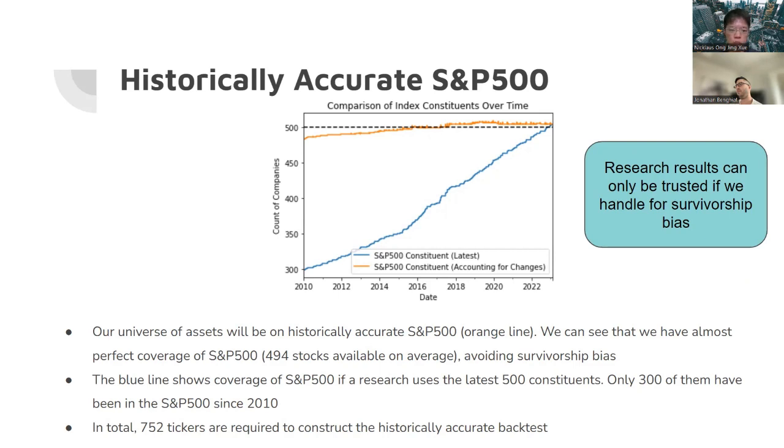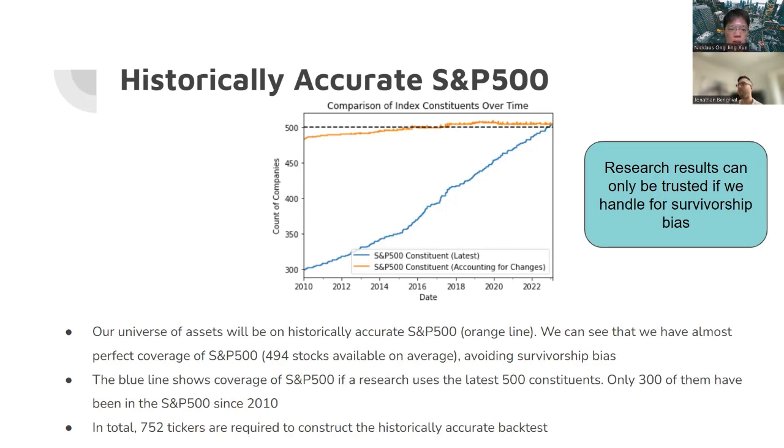Our universe uses the historical S&P 500. We took the current index from Wikipedia, which tracks the Dow Jones Index releases. This shows our historical S&P 500, and we are also given the additions and removals across time. We walk backwards in time, adding and removing the constituents as required, and we then get our historically accurate